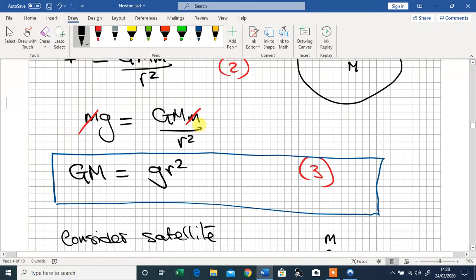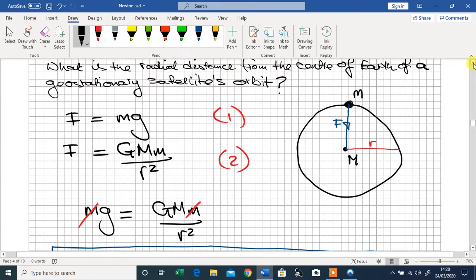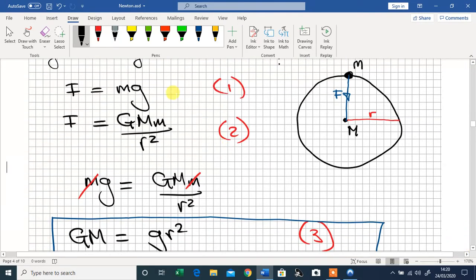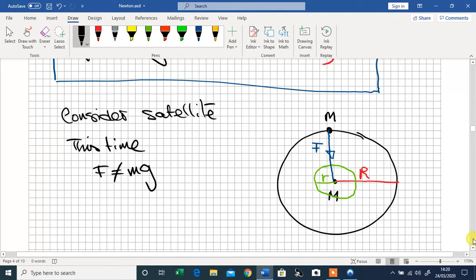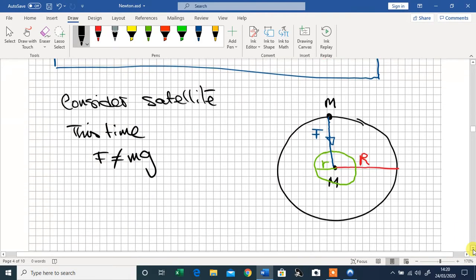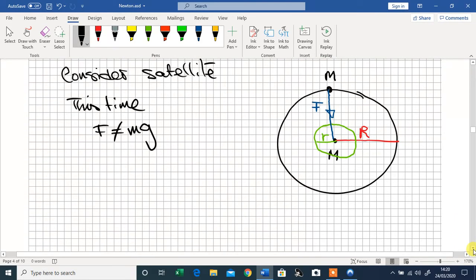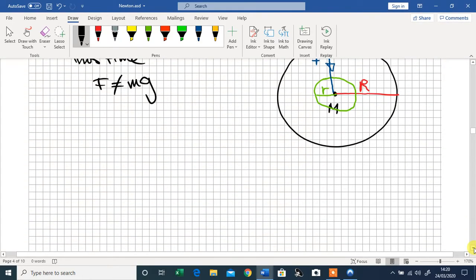Obviously the gravity at a further distance from Earth will be less than it is for a mass closer to the surface of Earth. So we cannot write that down in this case unless we use a different value for gravity. But that's not the gravity that we are really considering here. So we've got